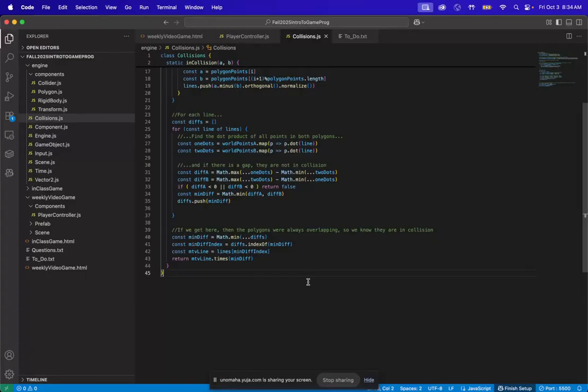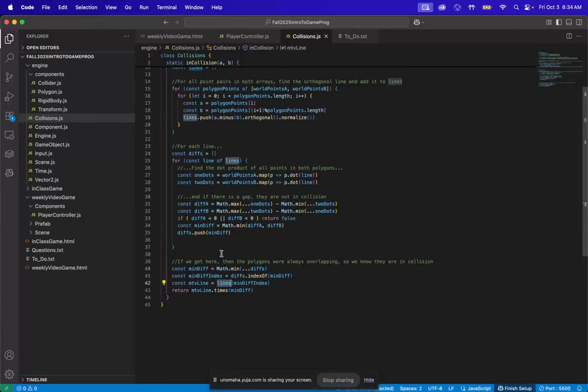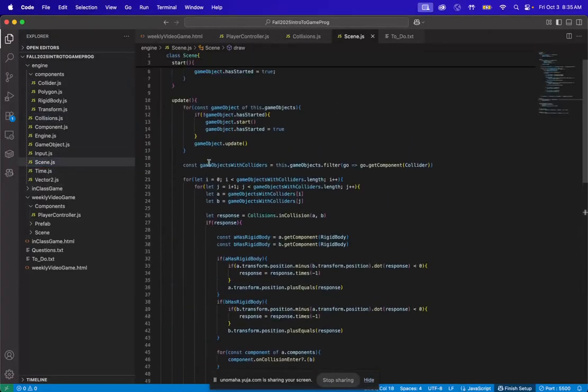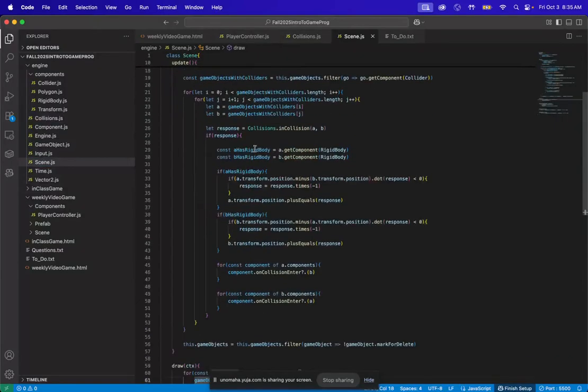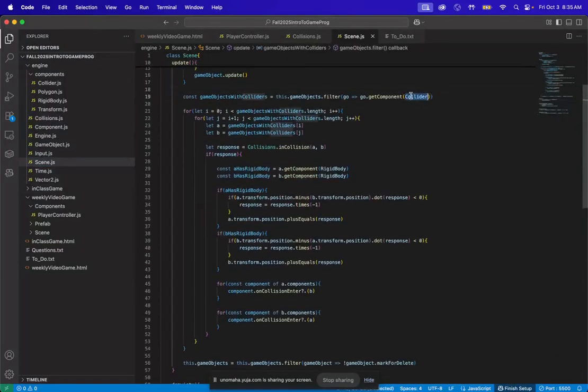What this means is that we will now have a vector 2 that describes how much overlap two objects have. And then what we can do with that is that inside of our scene.js, we can use this by saying, if it has a collider, which means that we want to know collisions on it, we loop through all the game objects,